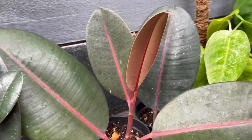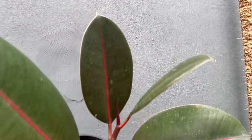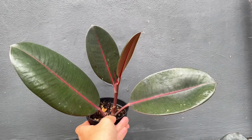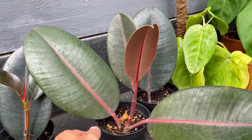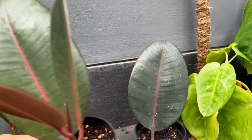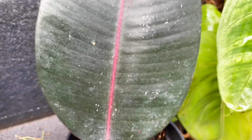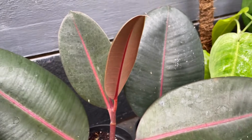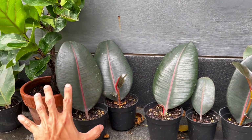Yeah, and then this is the top cutting. Obviously the top cutting usually is the best one, but in this case, look at how small the new leaves are compared to these two. These two were the ones that we originally propagated with. So this plant did not enjoy being in water propagation. And then finally we have this one that hasn't put out anything yet, but again, the leaf is very much sturdy and healthy. So these guys, they don't really water propagate that well, in my